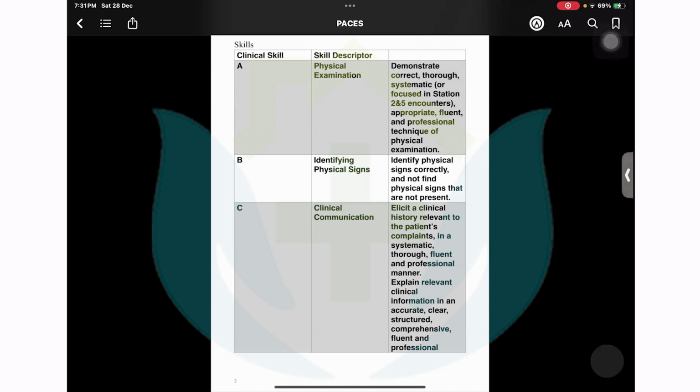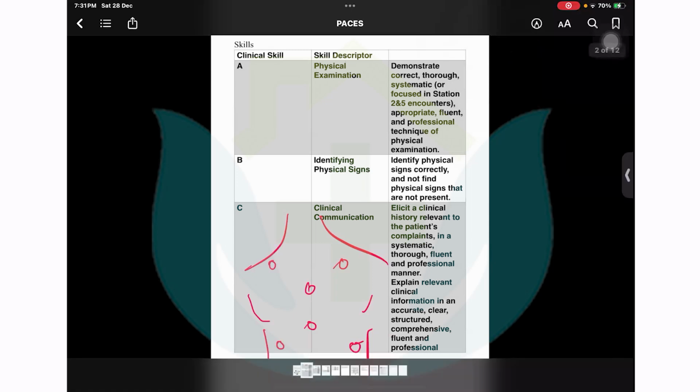Like if I have to draw a patient's back, and this is the scapulae, you auscultate here, here, here, here, here, here, and this is how you auscultate. This is just a bare minimum thing that I'm telling you. That is the respiratory examination, and the same way for abdominal examination. In abdominal examination, if you did not inspect, and obviously you just jump to palpation without inspecting the abdomen first, the patient will just wince with pain.